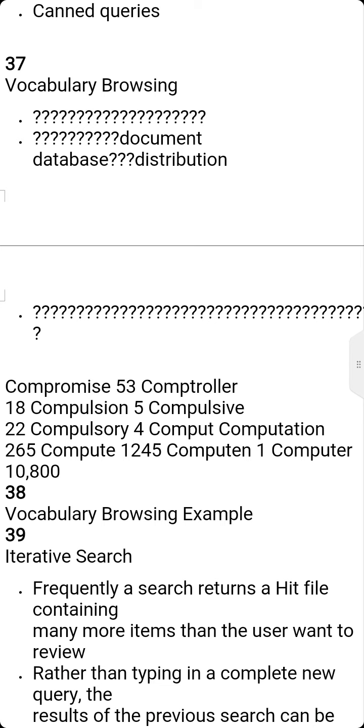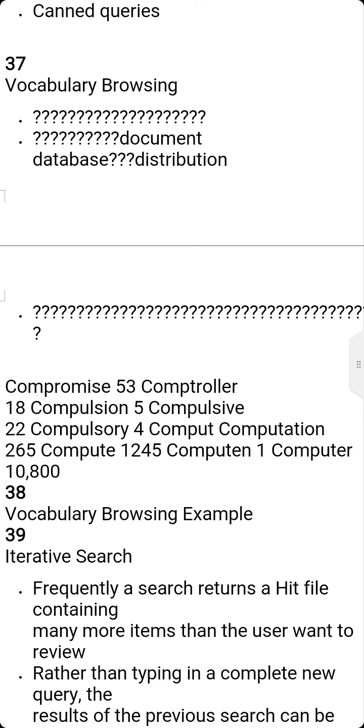By this vocabulary browsing, a term may be seen to exist in a large number of documents, which could make it a poor candidate as an OR term, requiring an additional AND term to focus on items of interest.